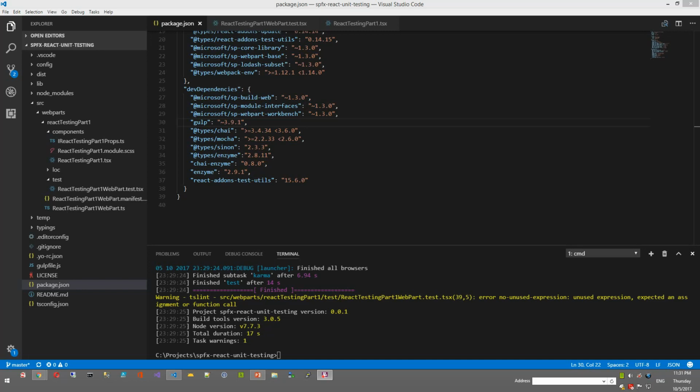I'm a SharePoint developer, and today we're going to talk about SharePoint Framework React unit testing. I'll try to make a few videos and fit within 5 minutes with some short tips on how you can do unit testing. And at the moment you're seeing a pretty much hello world SharePoint Framework solution based on the React